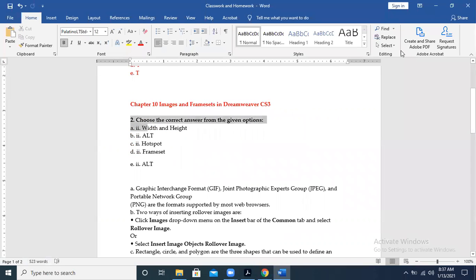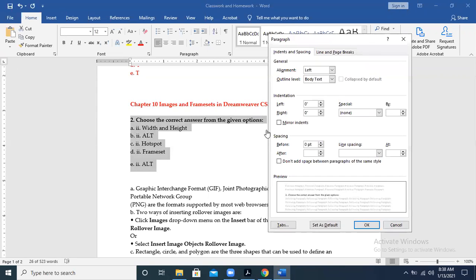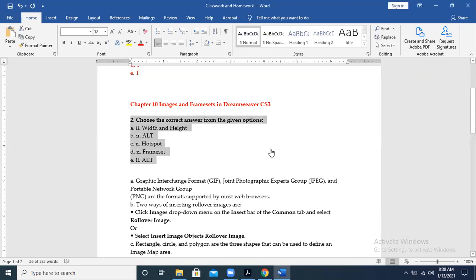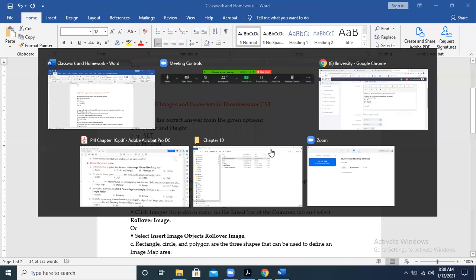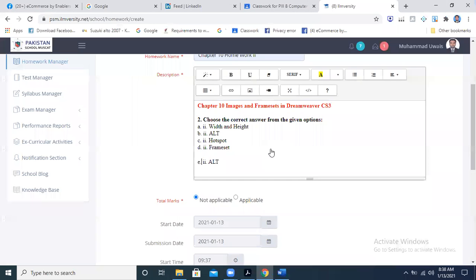I think some issue is there in the line spacing. Let me correct it. Okay, so this is the homework I have uploaded in your classroom.